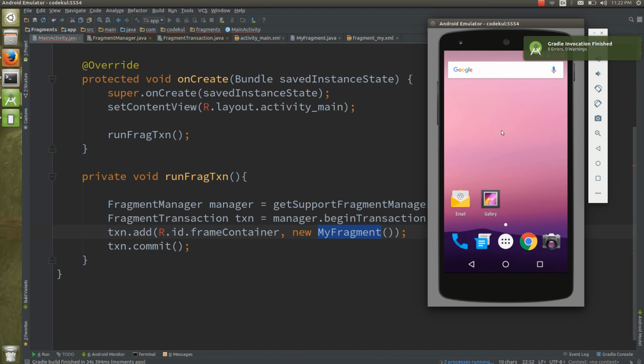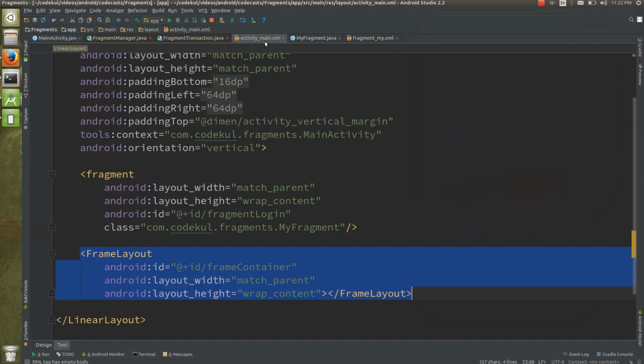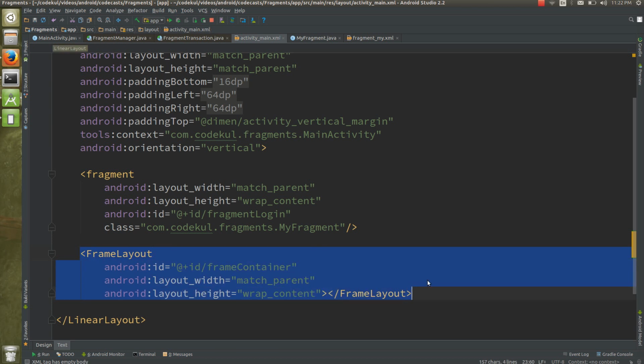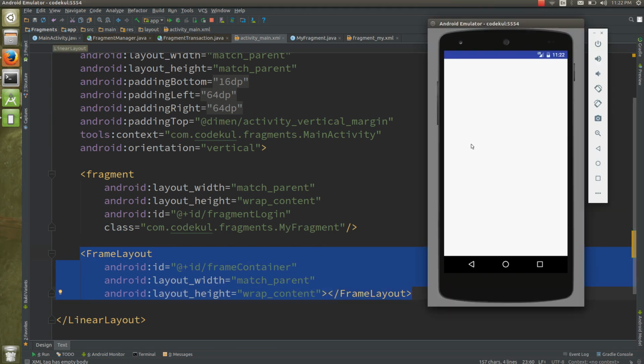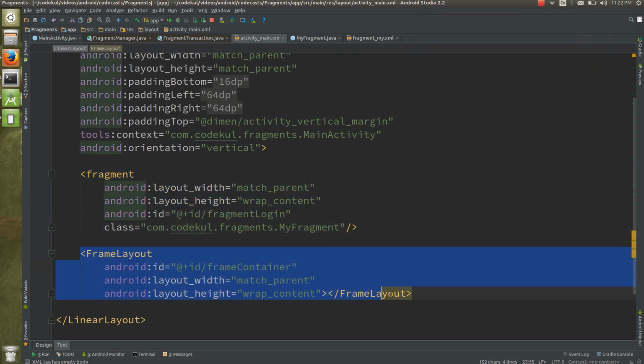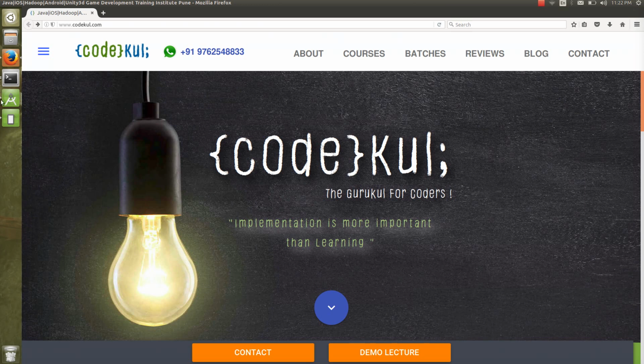So it is taking too much time. Okay, so you would be getting two fragments. The expected output is this: here one fragment would be loaded, and here another fragment would be loaded. See, it's loading. This is also my fragment, and this is also my fragment.